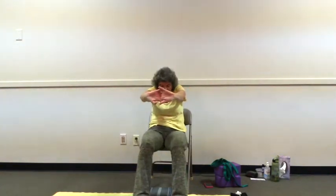I'm going to slide to the front of my chair. Let's bring our hands together, inhaling, reaching up, opening our hearts. Feeling it in our shoulders, in our chest, in our arms, reaching up, opening arms, and this time let's reach up. As you open your arms, let's bring them in the front, interlacing, sending palms away, rounding our spine, chin